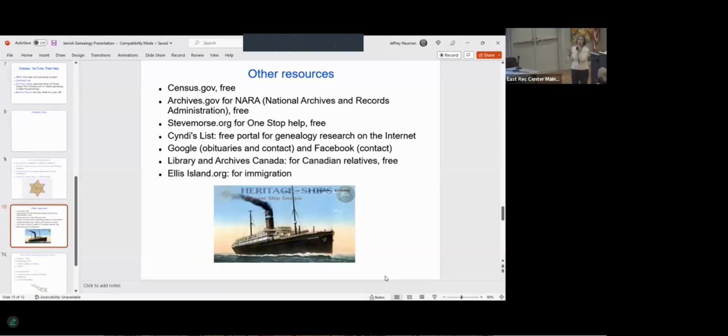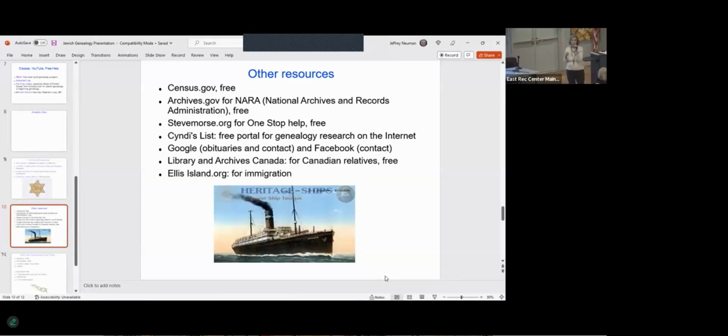The third one, the most expensive one, gets you newspapers.com, but you're paying extra money for things like obituaries or marriage announcements in the newspapers. And I didn't want to spend the extra money. So I found a way that you can get the obituaries without using newspapers.com. You go to Google and put in the person's name, let's say somebody who's still living, and the name of their parent, if the parent is dead already. And if there's an obituary, it will come up. And you get it that way.